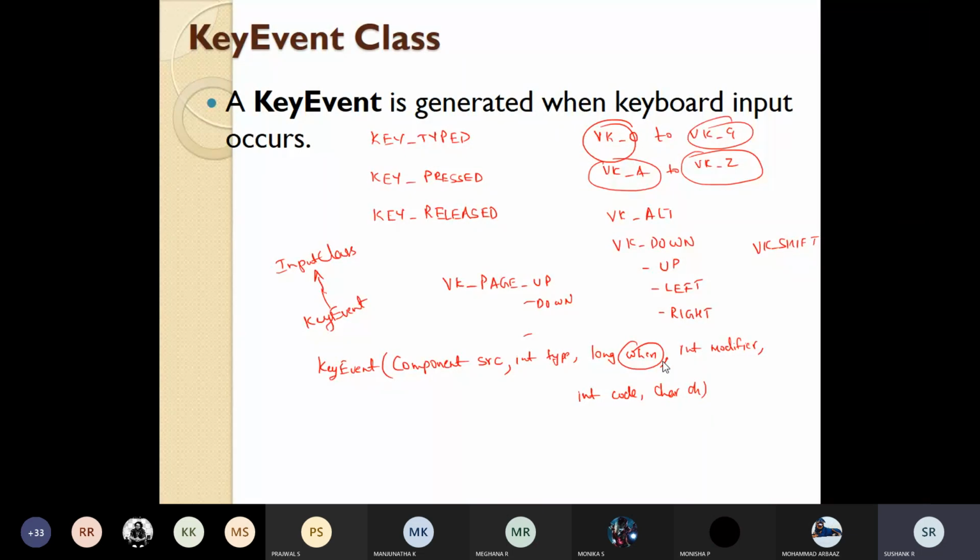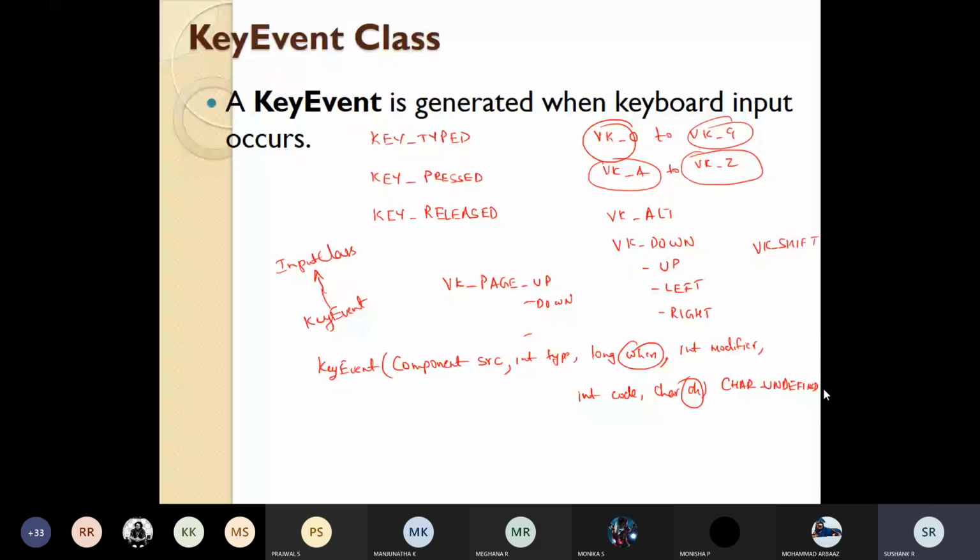If we don't have any valid character, then we will pass CHAR_UNDEFINED.